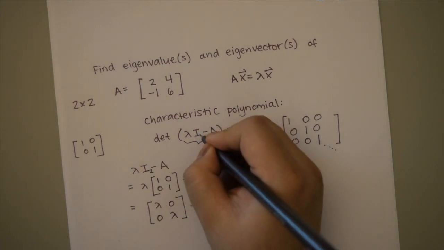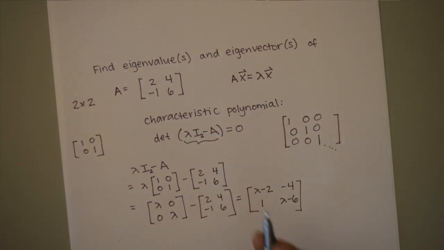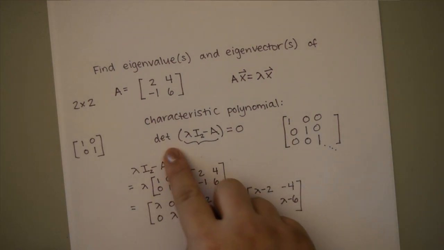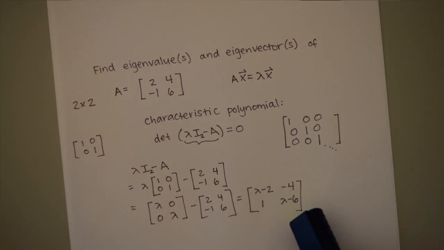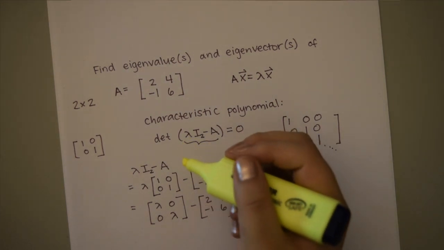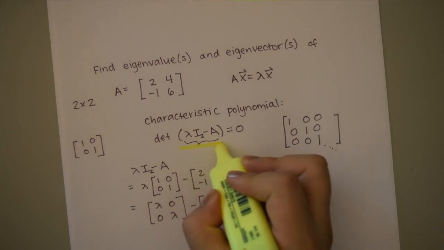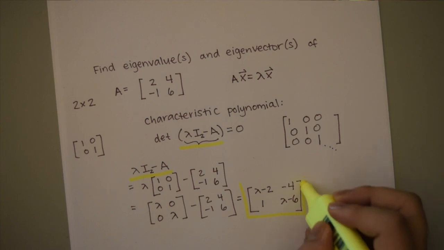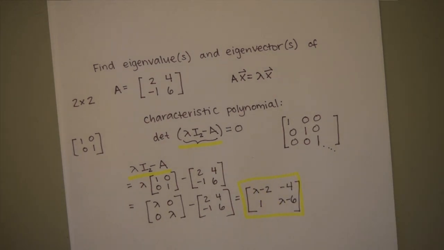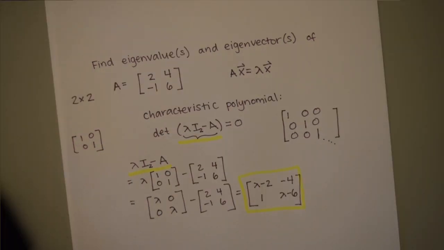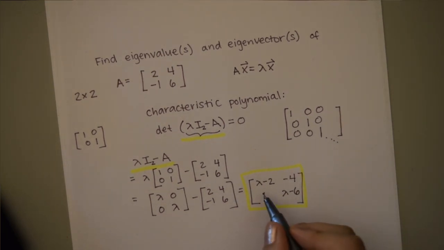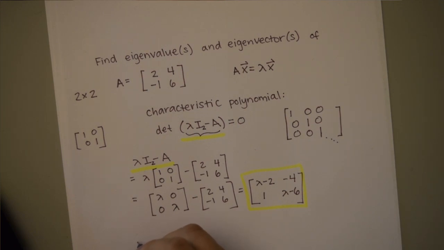And so in this case, I guess I'll put the I2 just to make it clear. We're talking about the 2 by 2 identity matrix. So now we just need to find the determinant of this. So we just did lambda I2 minus A right here. And we got this. So we just find the determinant of this thing and set that equal to 0. And that'll give us the characteristic polynomial that we'll solve. So the determinant of this